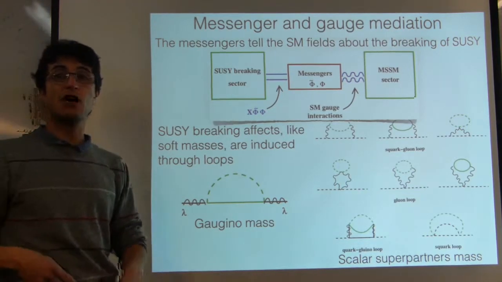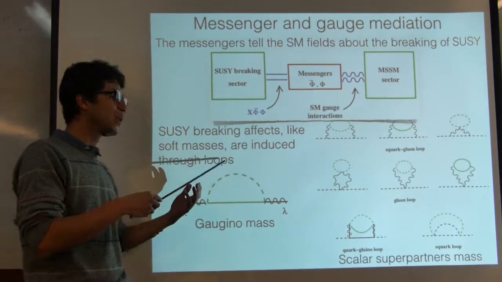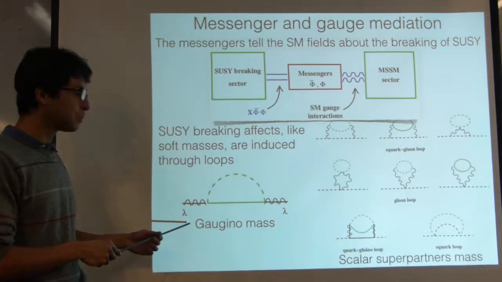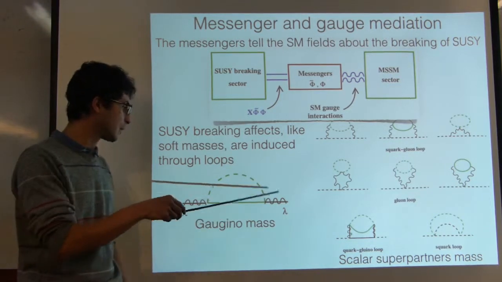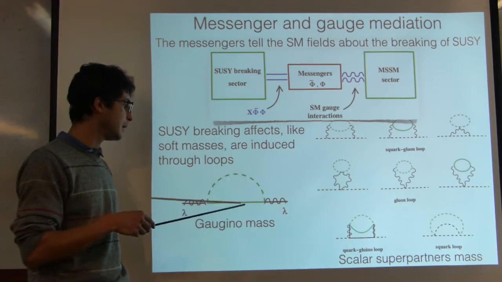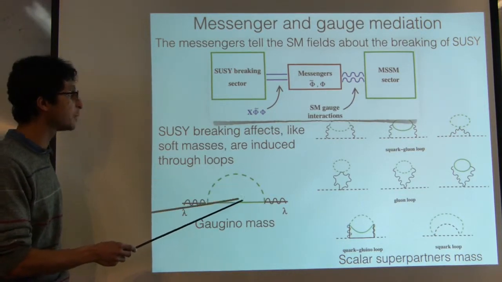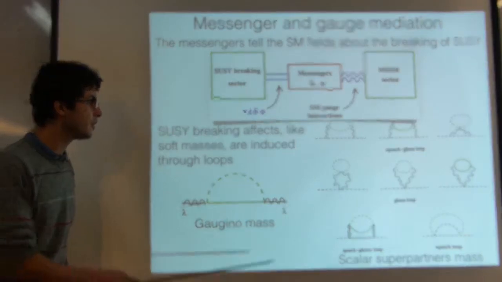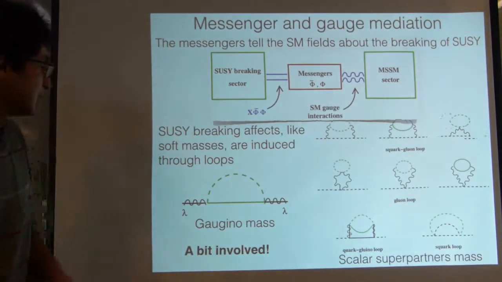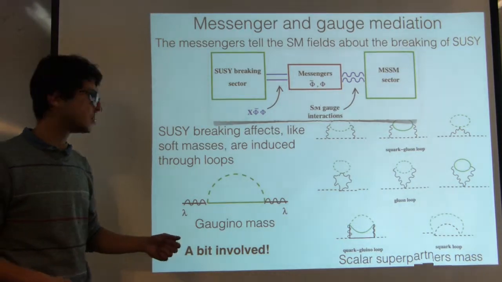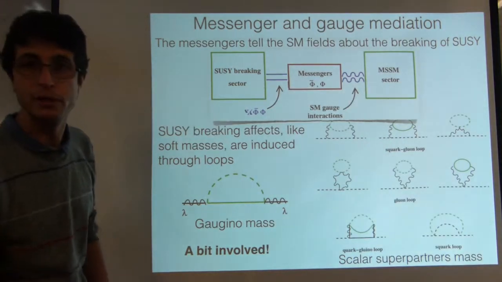So if you want to compute the soft masses and the soft breaking terms, you have to compute something that are actually loops. Okay? So for example, for the superfield of the gauge vectors in the Lagrangian, you can compute the mass that they acquire by calculating this loop here, where these are going to be the scalar and the fermionic parts of the gauge fields, and the same here, some two loop computation. So in general, these are going to be rather hard computations that people can do, but if you go to higher loops, they can be really involved.